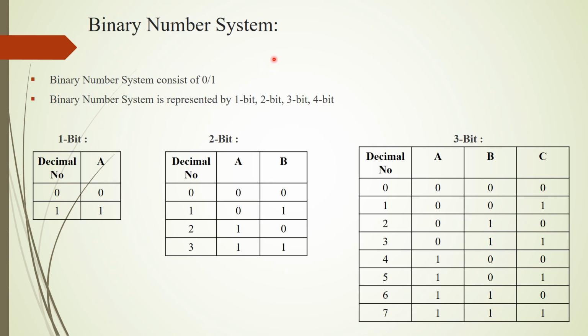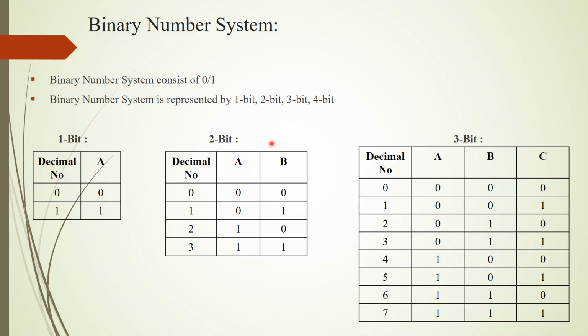Then next, the binary number system. This is the truth table for the binary number system, because binary numbers are represented in a single bit, 2 bit, 3 bit, 4 bit and so on. A binary number consists of 0 and 1 and the base of the binary number is 2. This is the single bit binary number, which means it uses only one variable. Consider A is the single bit, so A may be 0 or 1. The decimal value for this bit is 0 to 0, 1 to 1. That means decimal 0 is represented in binary as 0, and decimal 1 is represented in binary as 1.